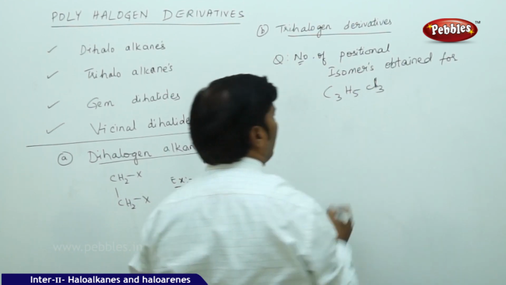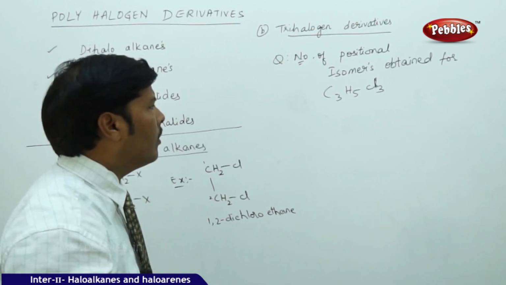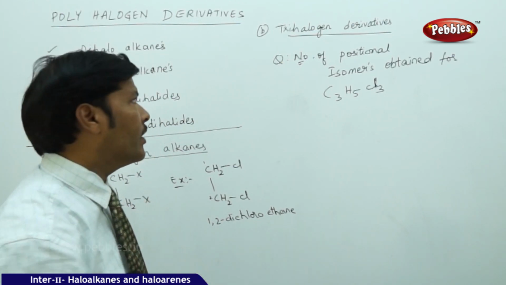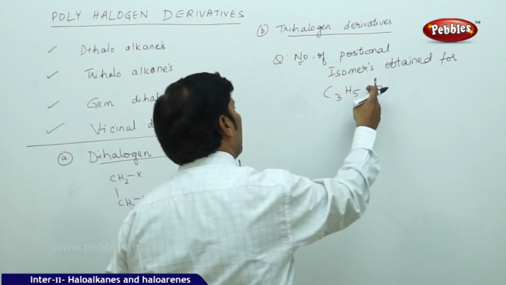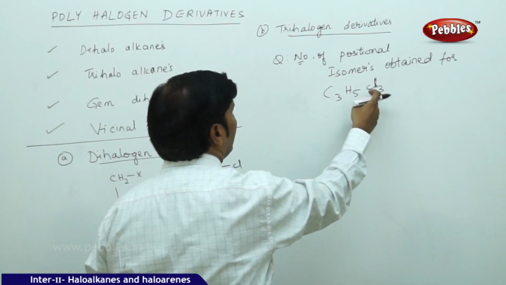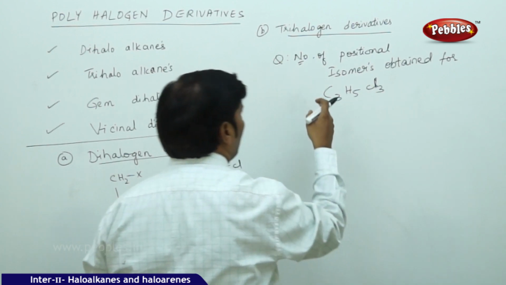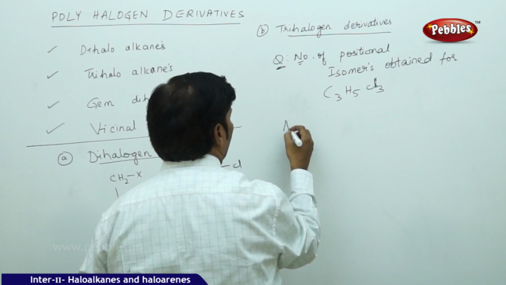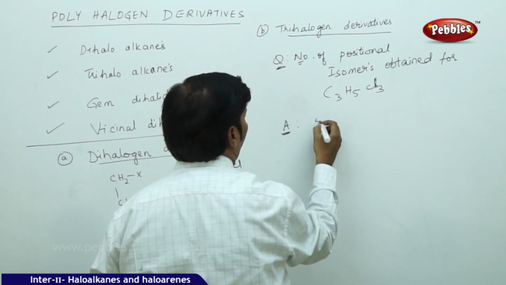If you are given a compound with molecular formula C3H5Cl3, here we have three halogens, three chloro groups. So the answer for this question is, we can obtain 5